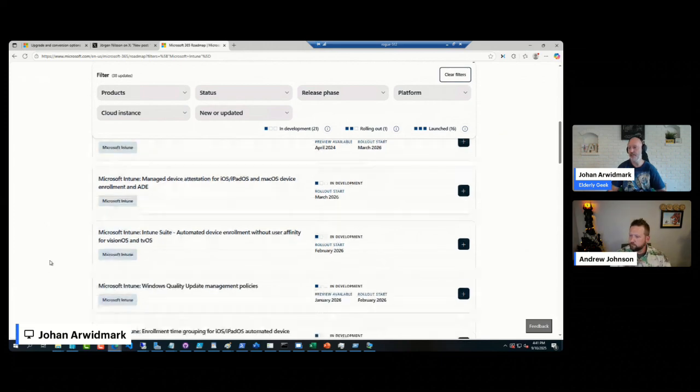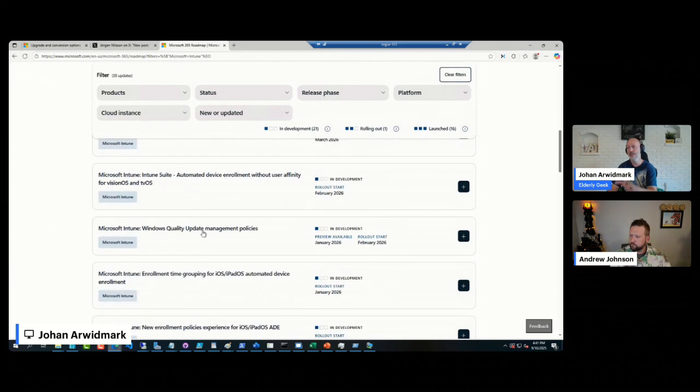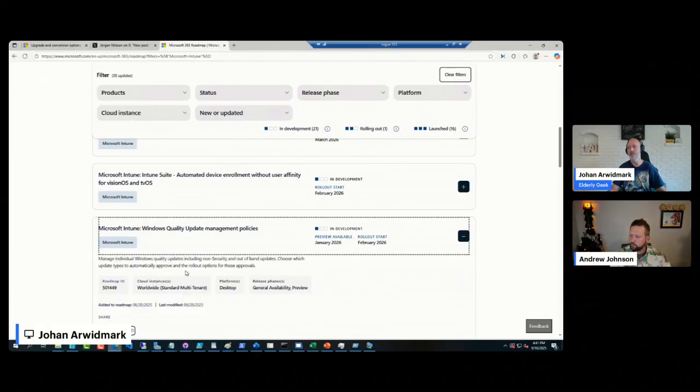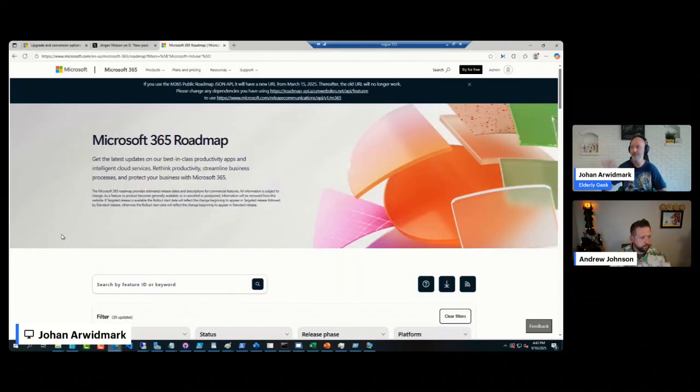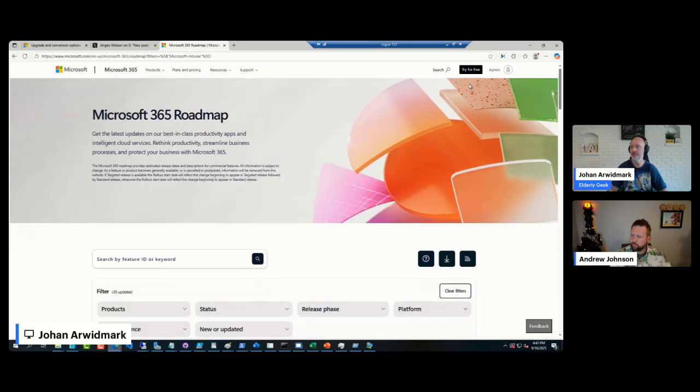For example, here is where I found that little snippet around changes to quality updates and when they are planned to be available for preview and planned to roll out. So this site, in combination with what's in development for Intune and what's new in Intune, I find quite useful to see what's going on. There is an API you can subscribe to apparently in the backend also.